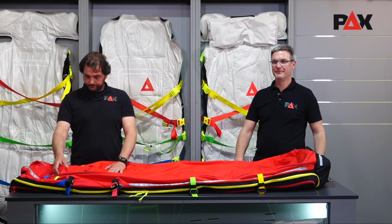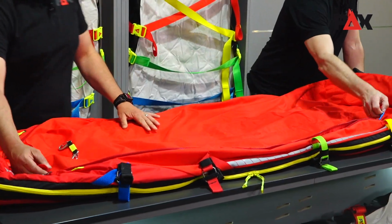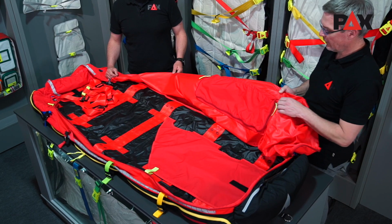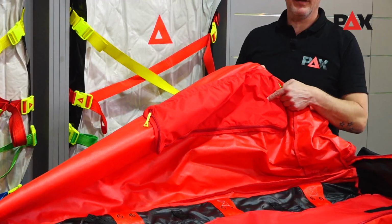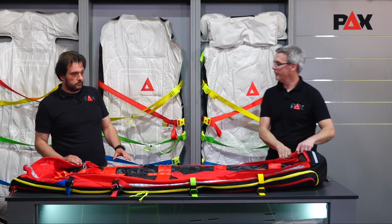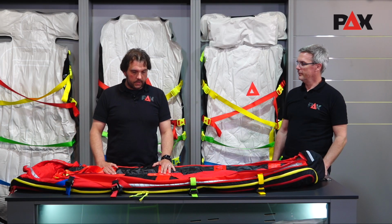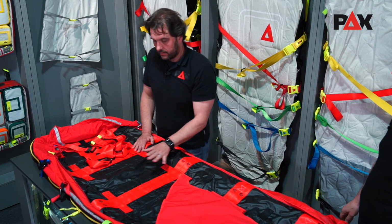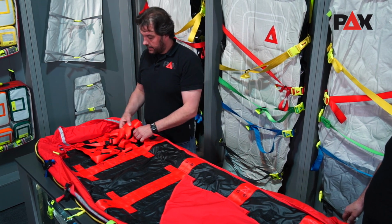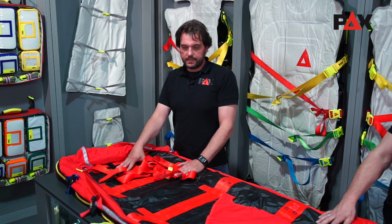Then we can open the rescue bag, as discussed previously, with a zipper, which runs very smoothly and silently, so you don't frighten the patient when opening. As previously mentioned, this is the neck collar bag on the inside of the top. So now we have a closer look at the fabric used and the way that we sewed it with the bar tacks and the round tacks that have different purposes, which I will explain. Here we have the patient harness that is used to secure the patient within the rescue bag